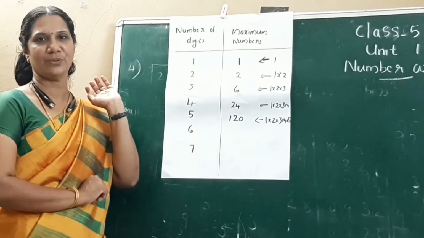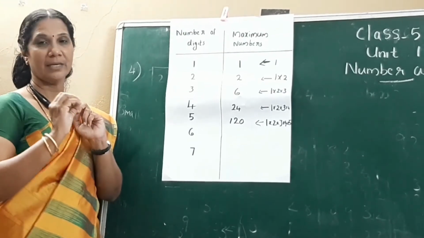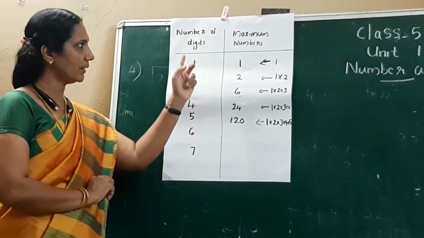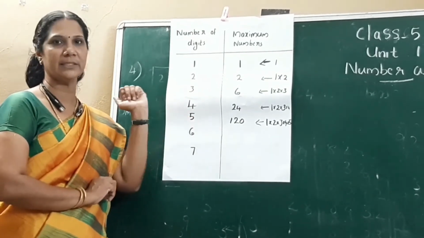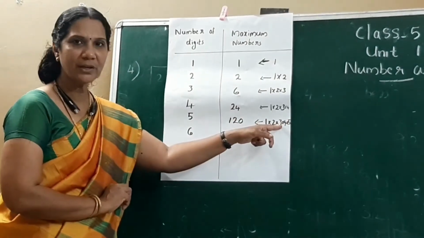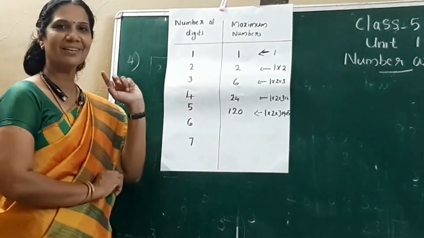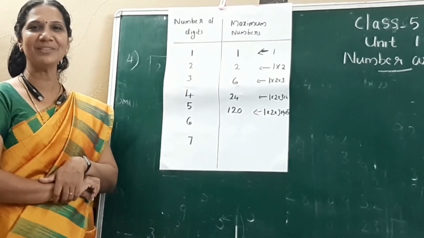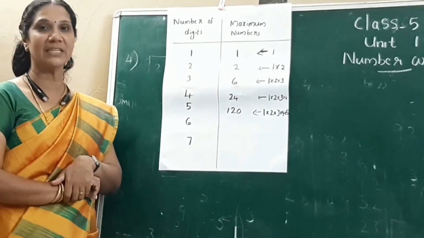So if you get a question like this, how many numbers are possible with 5 digits, and 5 digits are given, there is no need to write all those numbers. If you want only the count, you can use this trick. If the number of digits is 5, the maximum numbers possible with these 5 digits is 1 into 2 into 3 into 4 into 5. 4 into 5, 20. 20 into 3, 60. 60 into 2, 120. So how many numbers are possible? 120 numbers. Is it easy to write these 120 numbers? No. So you can use this trick to find the maximum numbers possible with the given digits.